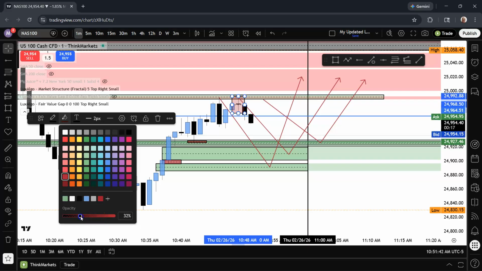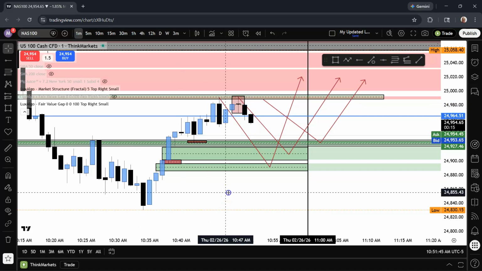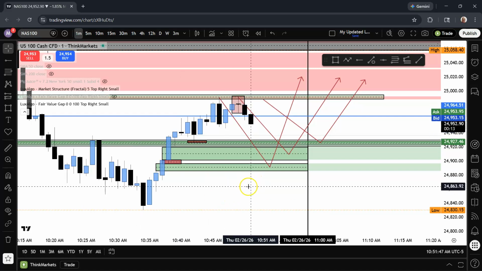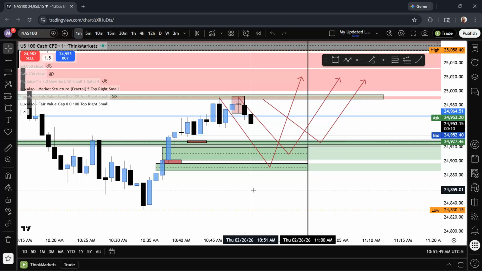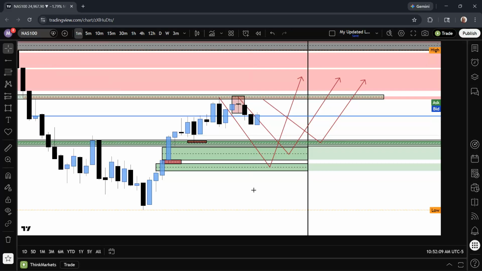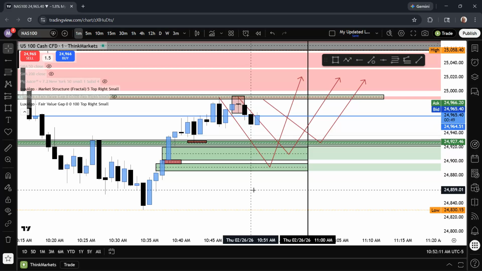Okay, I'm going to be patient and not trade against my trading plan, not go against the trend. Because remember, the trend is a bullish trend, an uptrend. Right now it's just retracing and going back to fill those fair value gaps. So it's just a matter of time before it fills those gaps. And once it fills those gaps, typically it has to come back up. It doesn't necessarily have to, because nobody knows the future and we don't know exactly what the market's going to do. So as you can see, look,